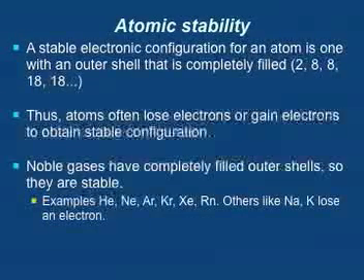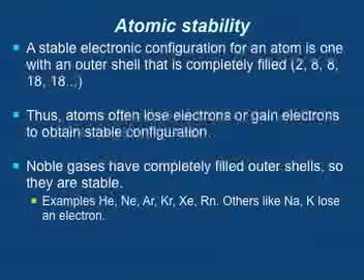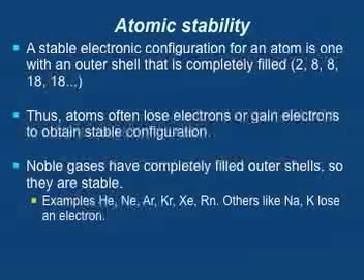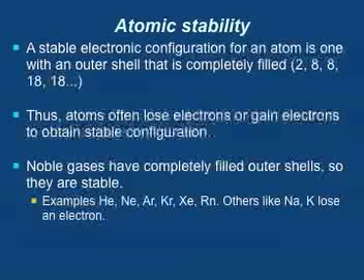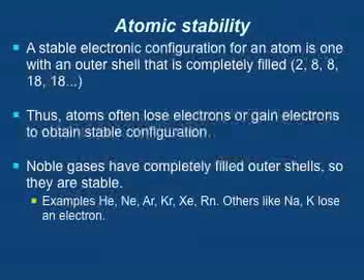All right, now I kind of hinted when we were looking at the hula hoop model, and I told you about the 2-8-8. Now, periodic chart of the elements. Pull out your periodic chart of the elements. What happens is that the first electron shell can only hold 2. So if there's 3 electrons, the third one will go into the next shell. Now the next shell can only hold 8. So if there's an extra one after that 8, then it goes into the third shell. We are only going to concentrate on 2-8-8, or the first 3 shells.